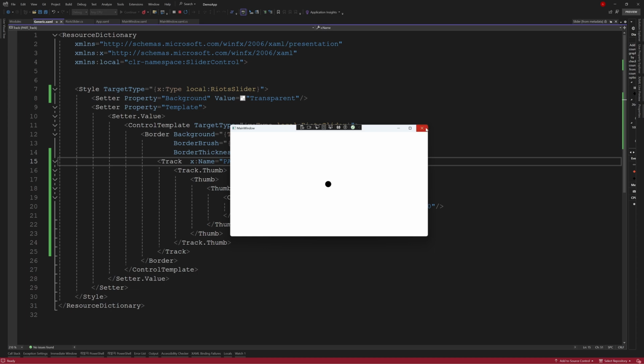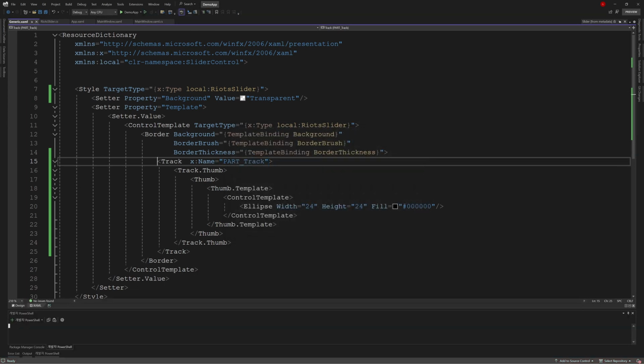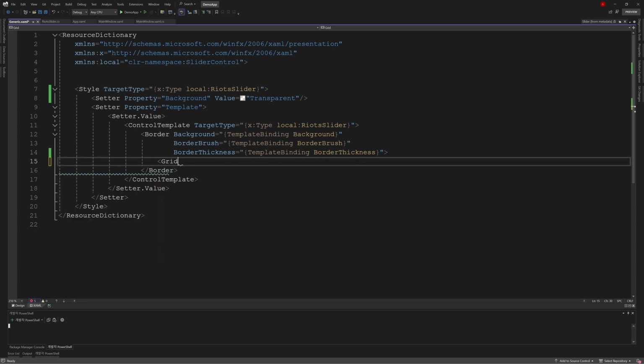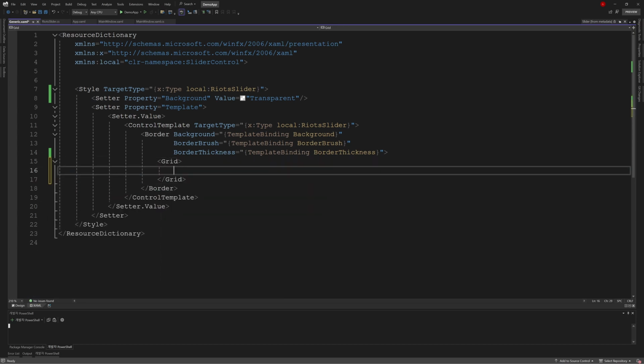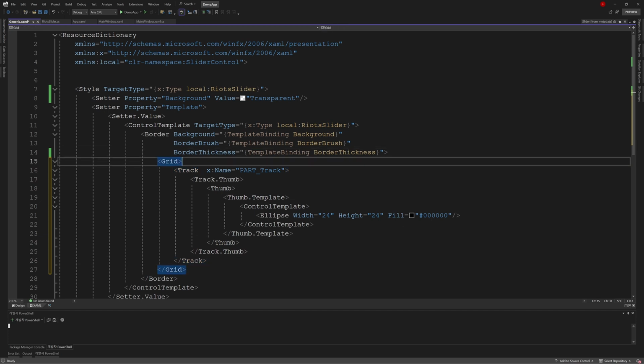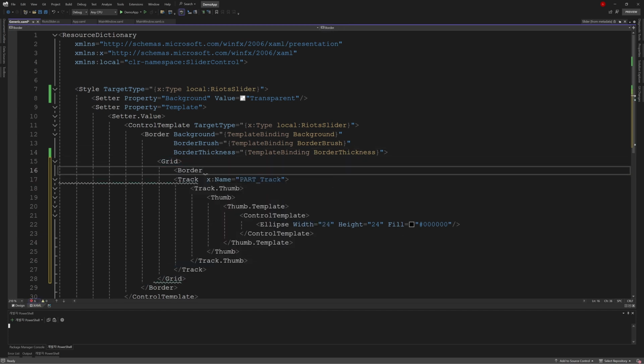Then we add a slider bar, which needs to overlap with the track, so we place it inside a grid. In the grid, we add a border with a height of 2.5 and set a background color.